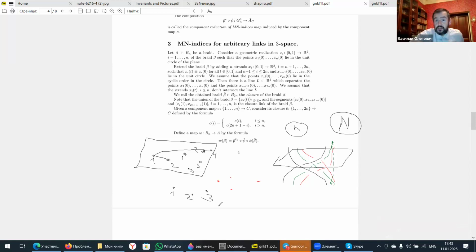I don't pay attention to other 1, 2, and 3. And I may be interested in the situation when 1, 2, and something is collinear, or 2, 3, and something are collinear, or 1, 3, and something are collinear. And I can write down similar generators. Okay? So this means that I very much reduce myself, but